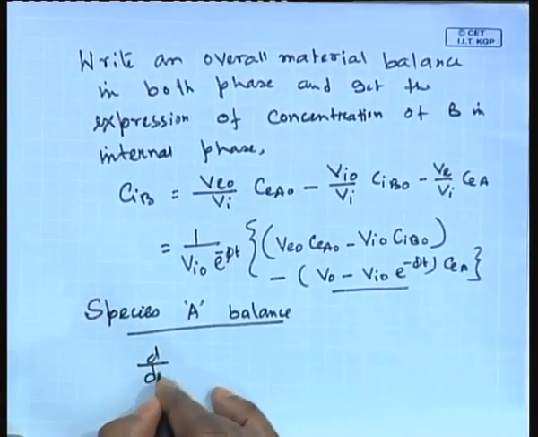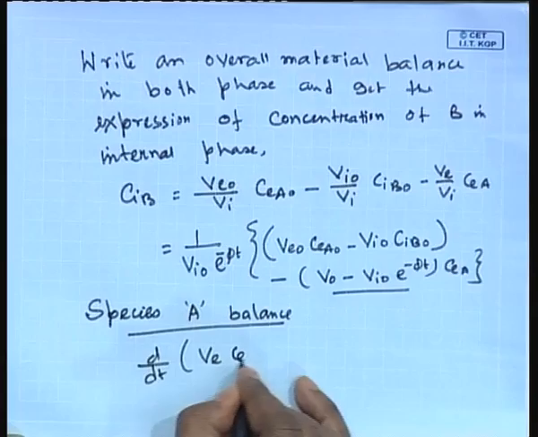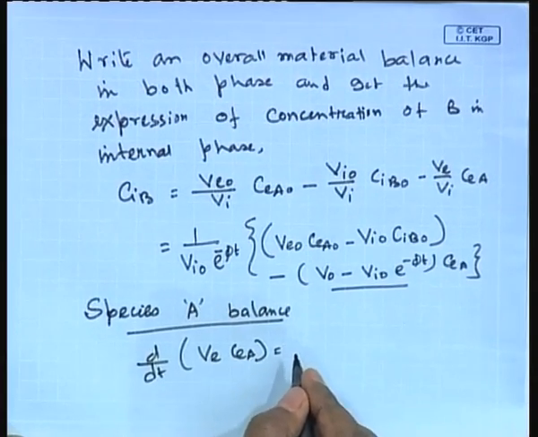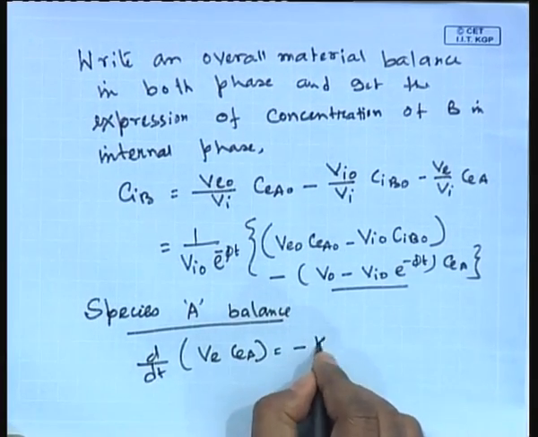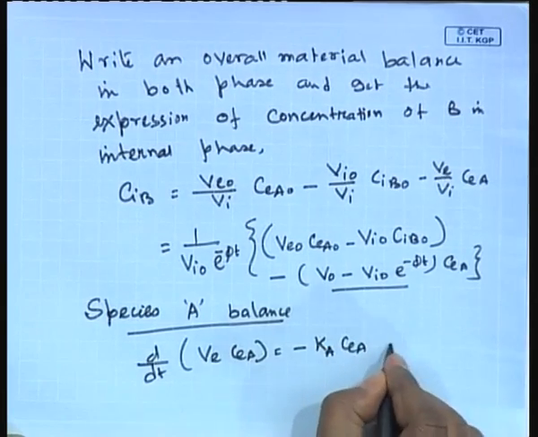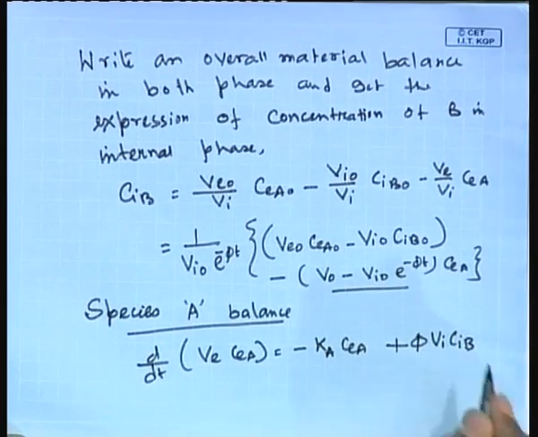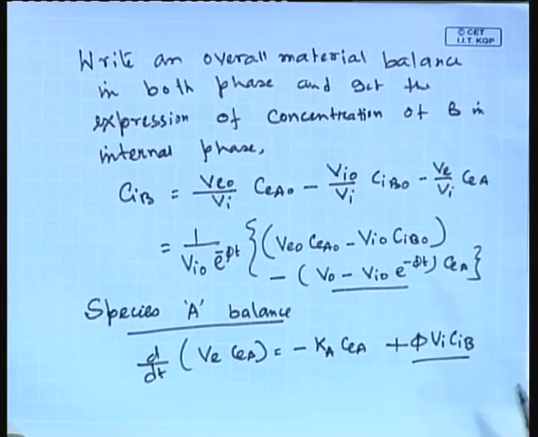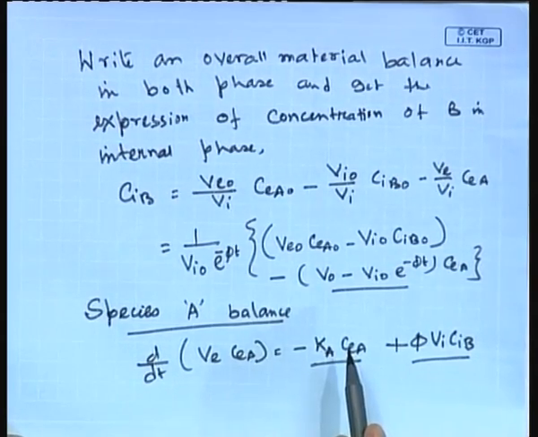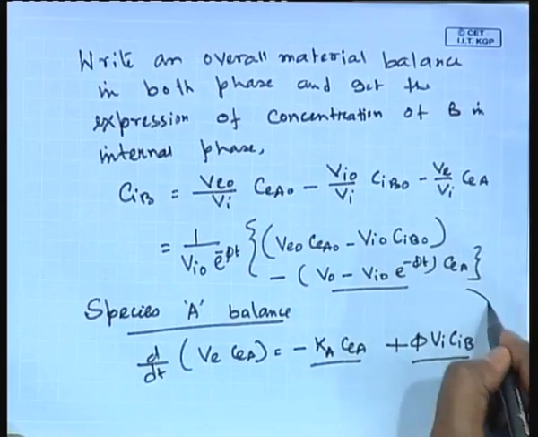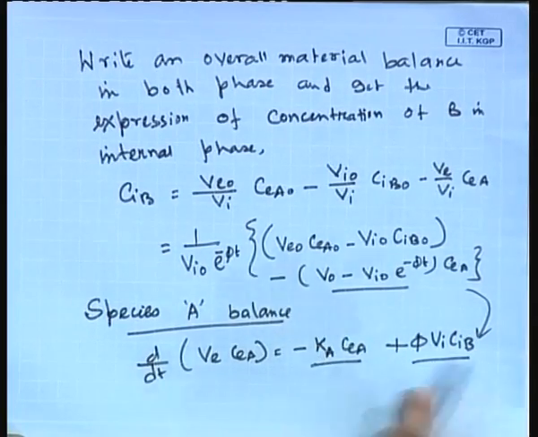So, d dt of V E C E A, that is the net rate of accumulation, is equal to minus K A C E A plus phi V I C I B. So, that is the rate by which it is coming out, and that is the rate by which it will be going from the internal phase into the external phase. Now, you just substitute the expression of C I B from here to here, and that will be a function of time, etc. So, the final expression will give you